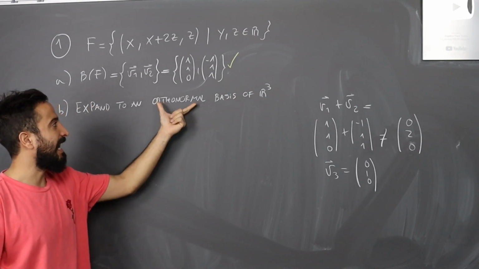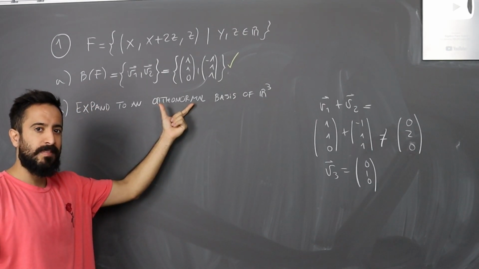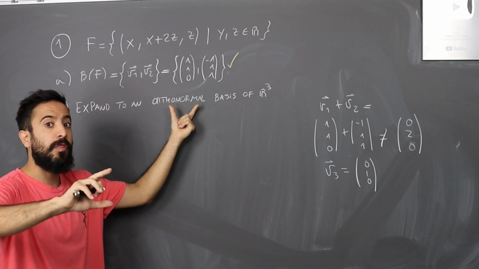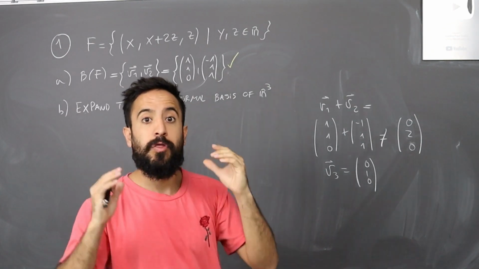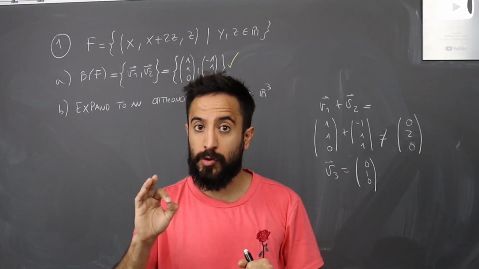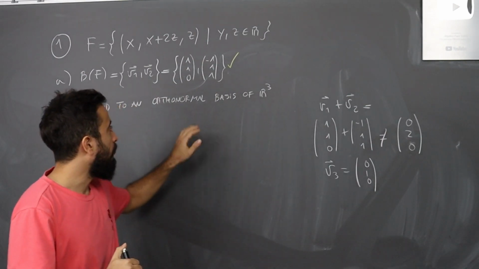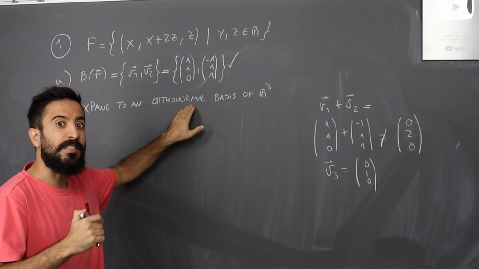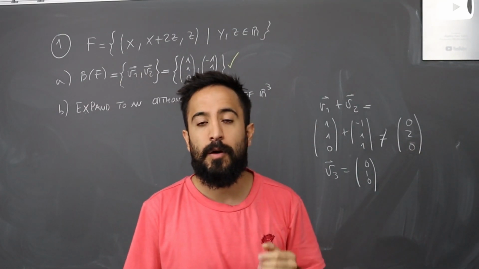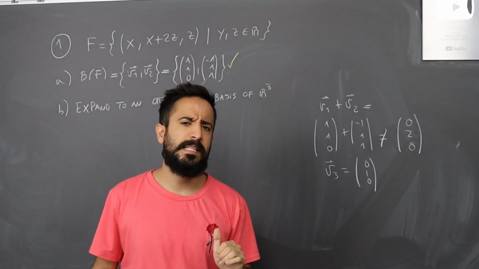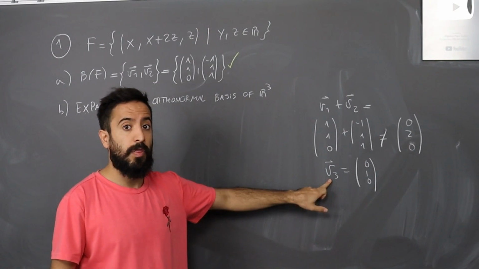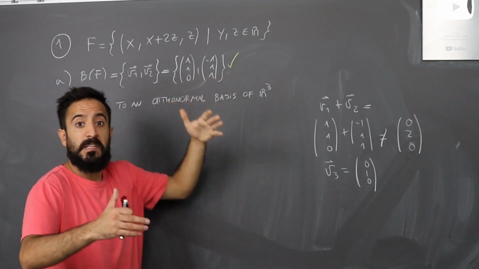But is that an orthonormal basis? Let us remember what this means. Orthonormal is not the same as orthogonal basis. In an orthogonal basis, we want the vectors of the basis to be orthogonal to each other. But when we say orthonormal, we want even more. Besides that, we want the vectors to have length 1, alright? But let's take it step by step. First, let's make sure that the vector b3 is orthogonal to these 2 vectors. Let's see if that happens.